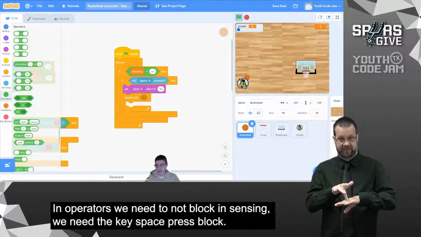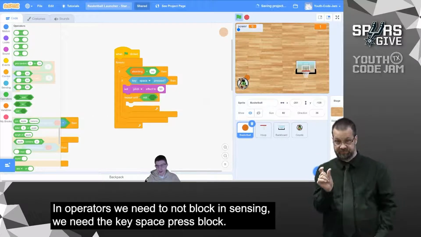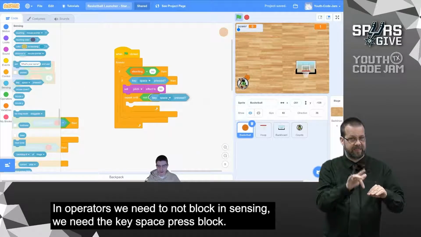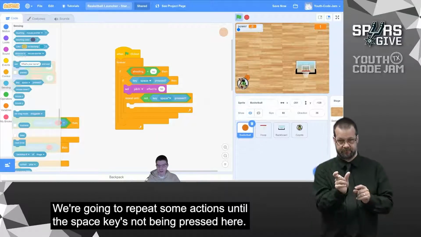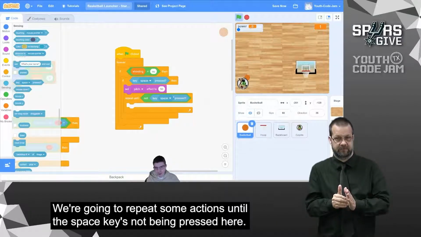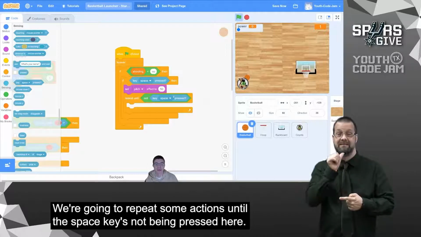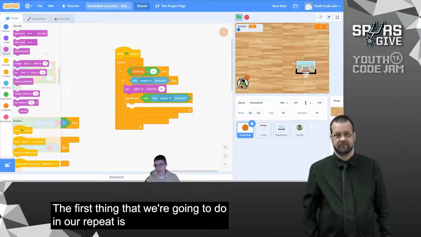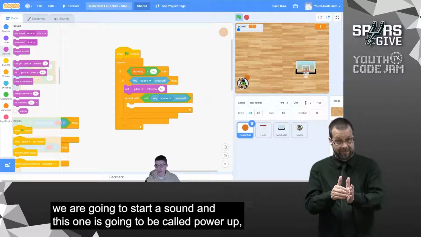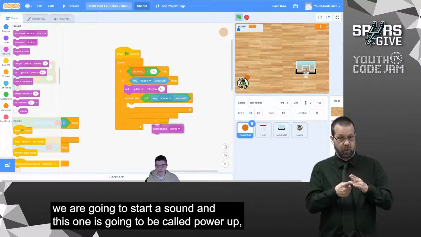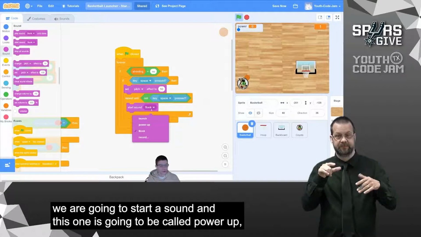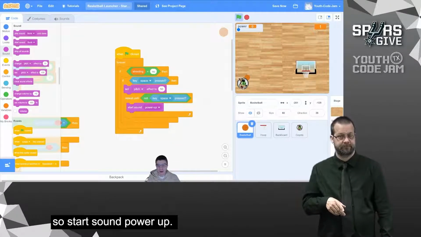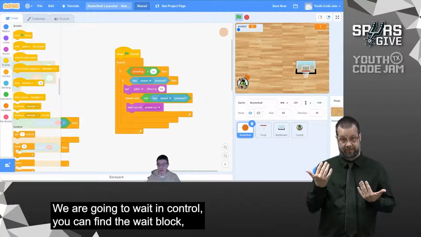So in operators, we need the not block. In sensing, we need the key space pressed block. So we're going to repeat some actions until the space key is not being pressed here. Next thing that we're going to do inside of this, or the first thing that we're going to do in our repeat is we are going to start a sound, and this one is going to be called power up. So start sound power up,